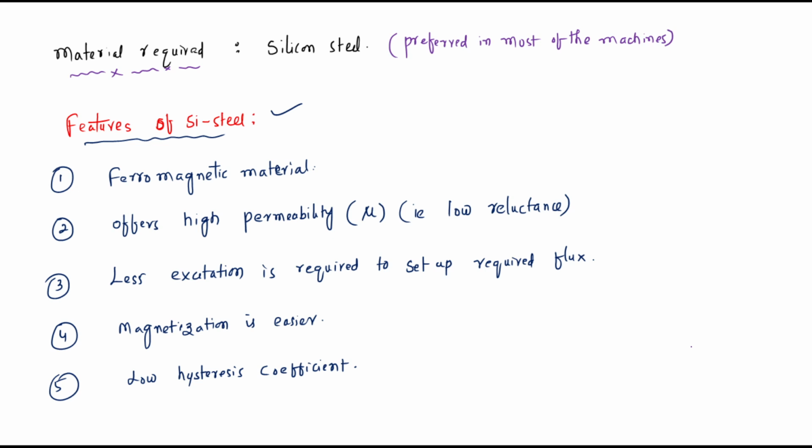That's it. Later we will discuss the significance of CRGO steel. Then we have to conclude which type of material is used to manufacture the transformer core, whether it is CRGO steel